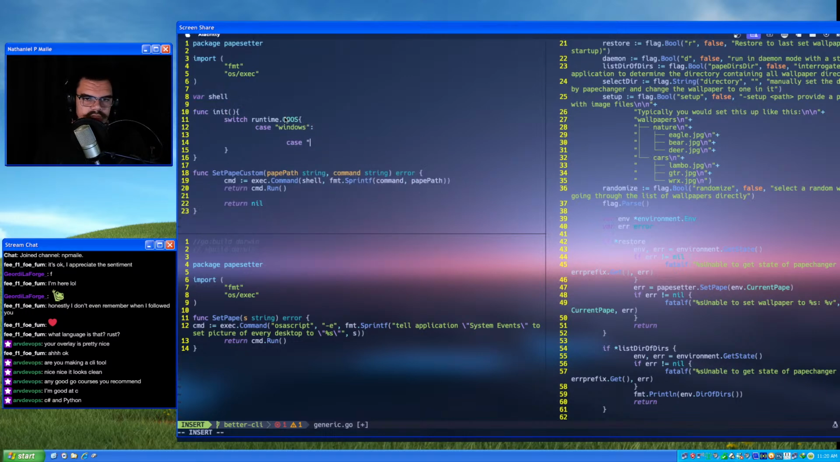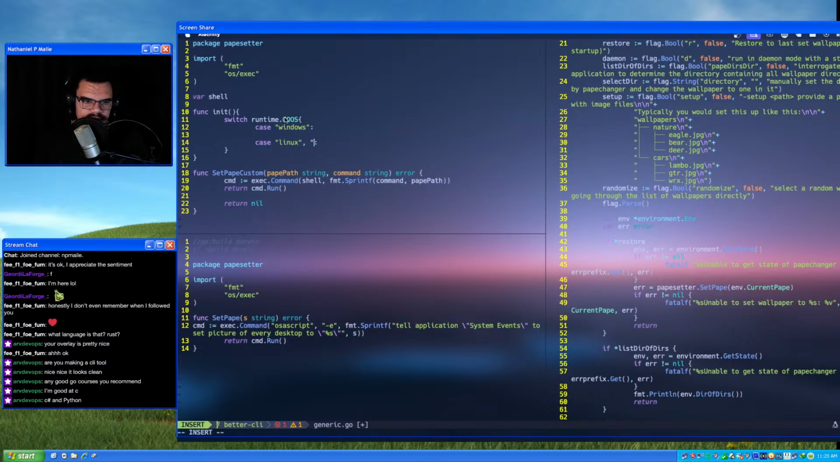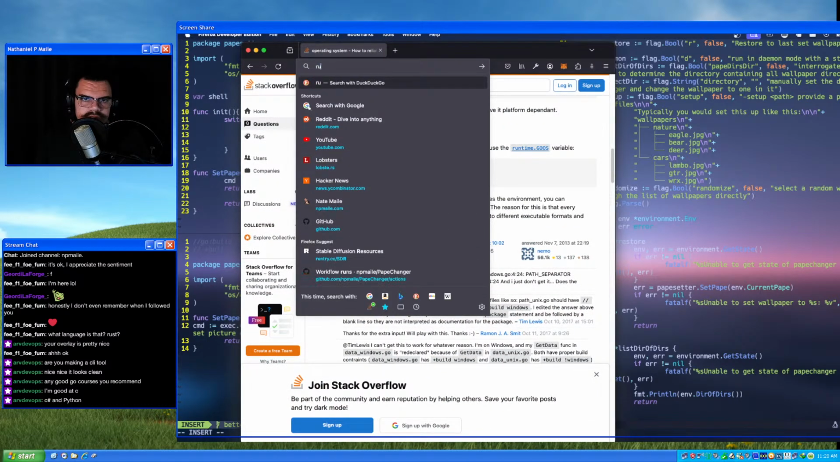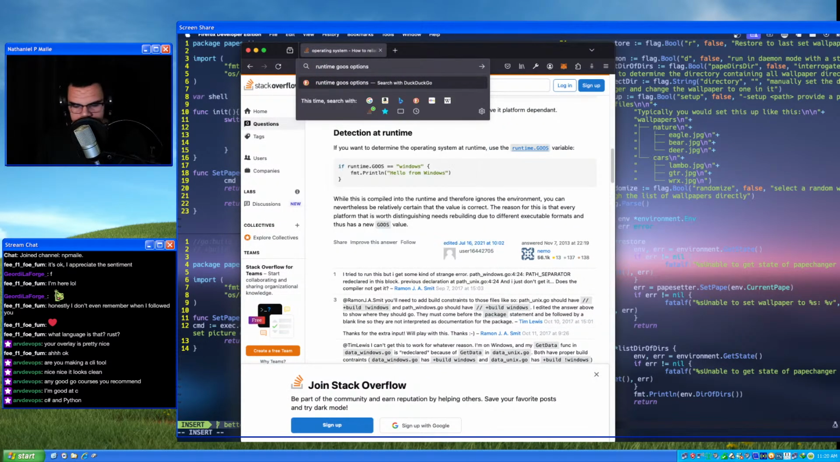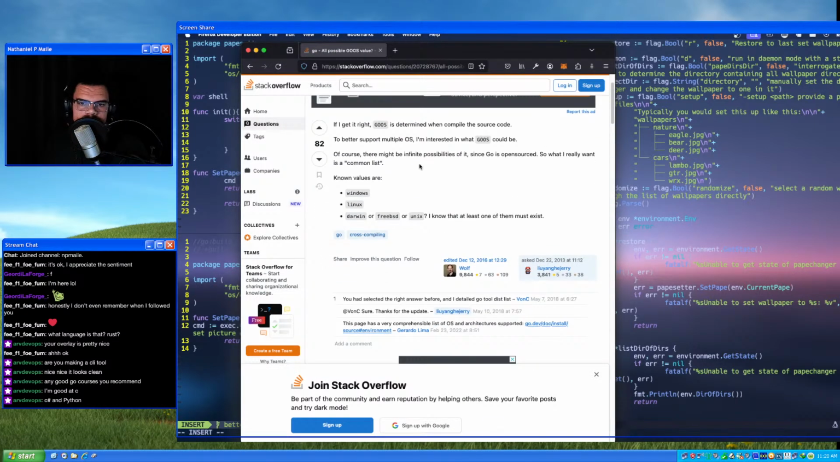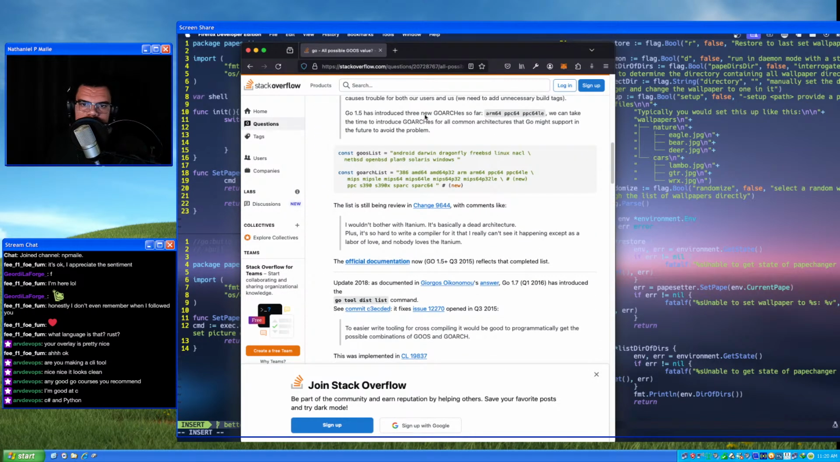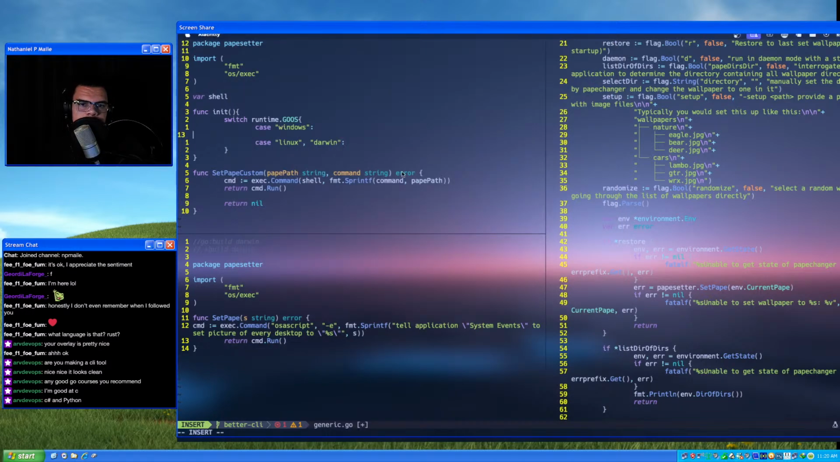Case Linux, we'll do something. It'll probably be the same for Darwin. And what are the runtime.GOOS options? Oh, there we go: Android, Darwin, Dragonfly, FreeBSD, Linux, NaCl, NetBSD, OpenBSD, Plan 9, Solaris, Windows. Okay, so I think we got everything we need. And then for default, we'll say